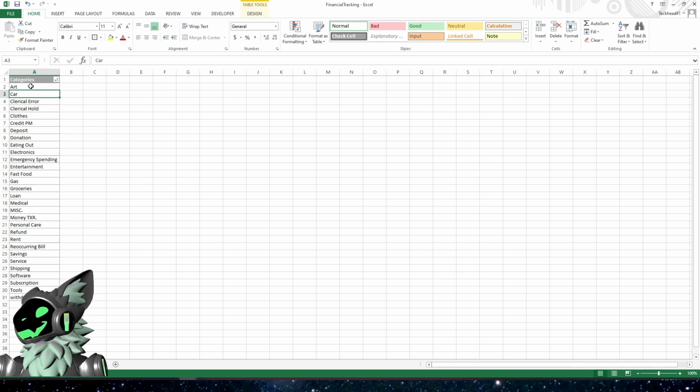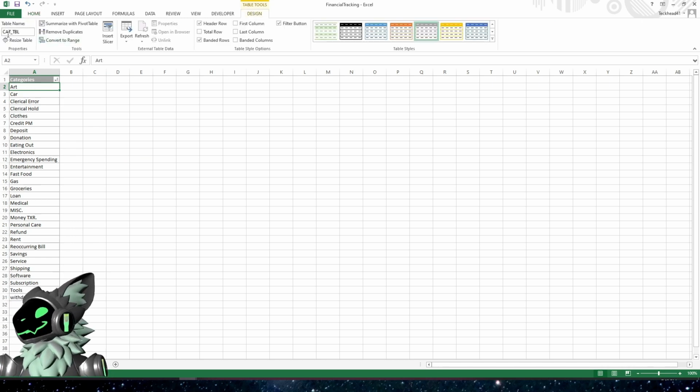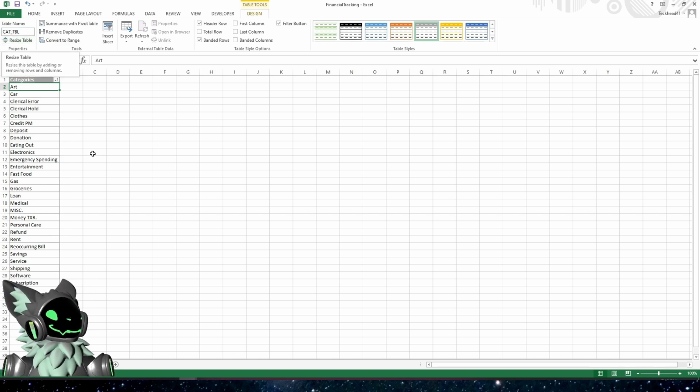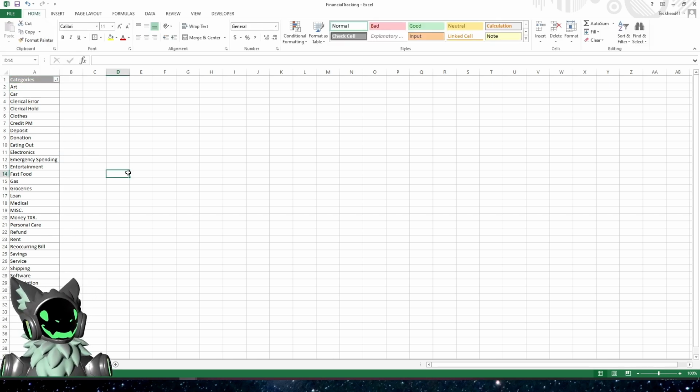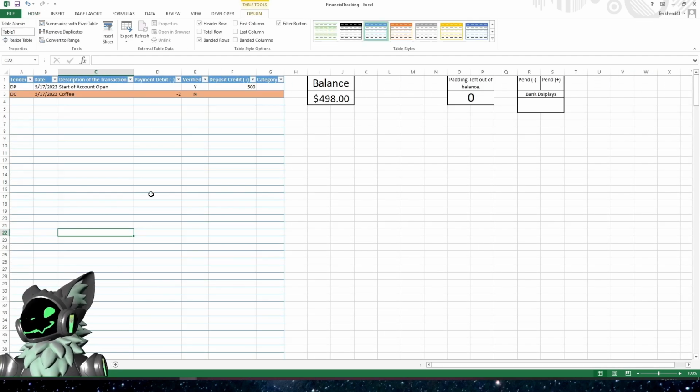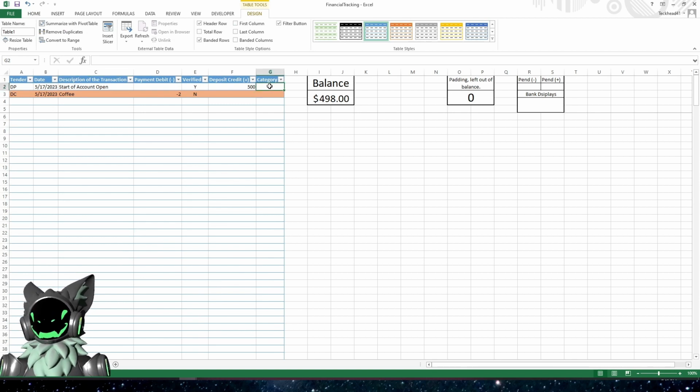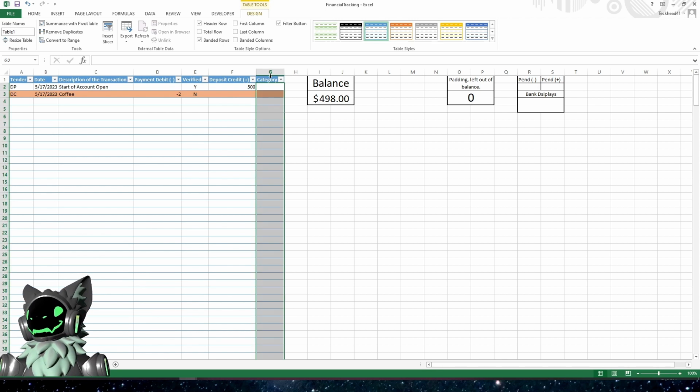So now that we have our table, and we named our table, right? We made it the cat underscore table, or category table. We're going to go back over to our other spreadsheet. And I'm going to show you something that purposely doesn't work. There's one more thing we need to do, but I want to show you a little bit of weirdness with Excel here. So I'm going to click on category,